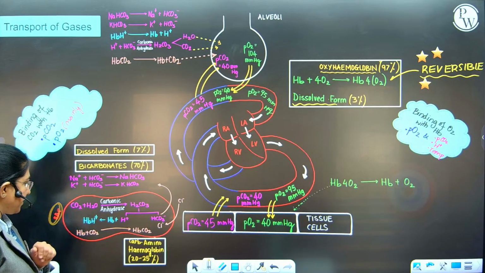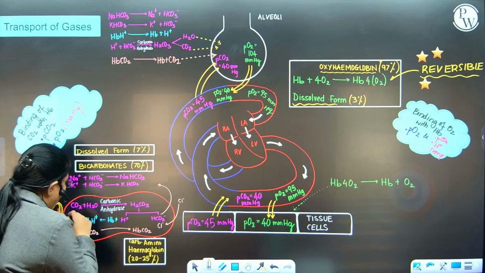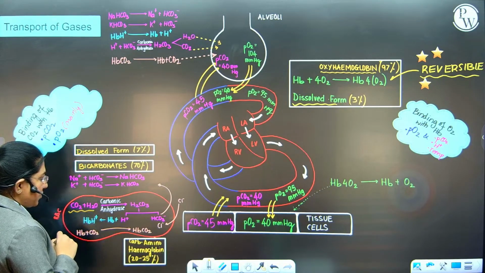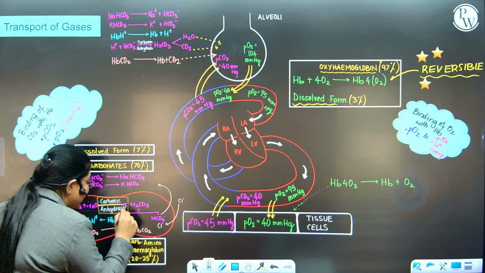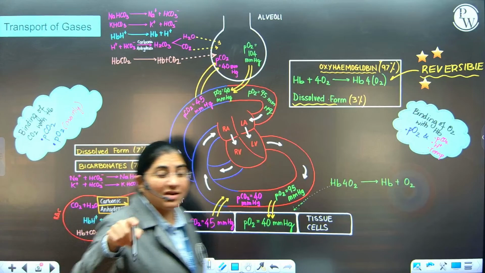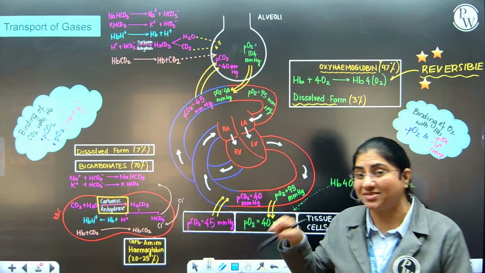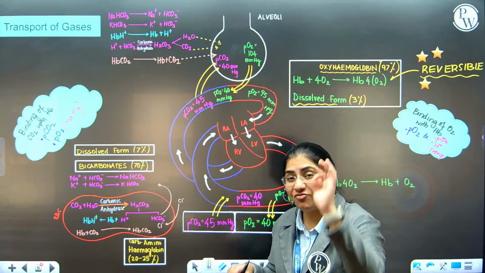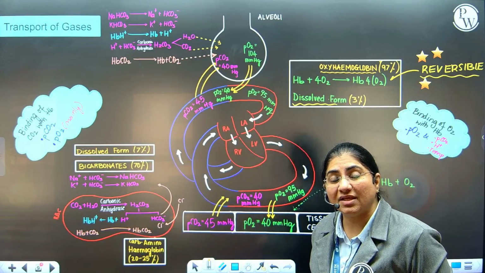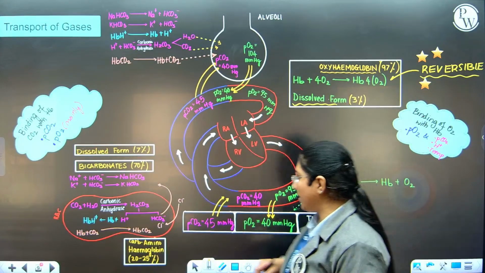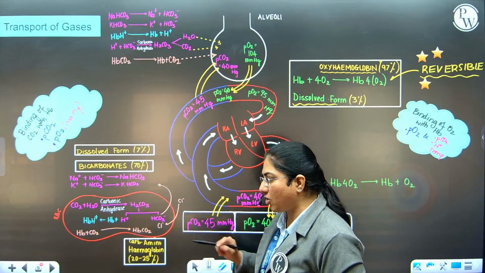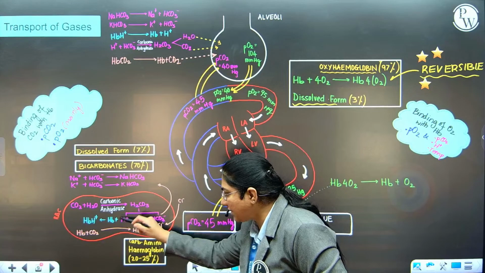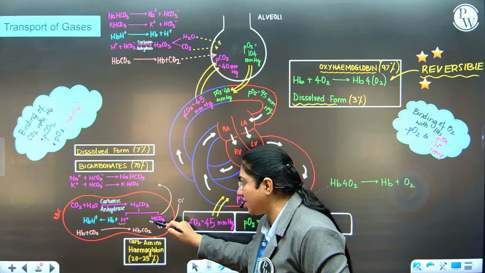Now once it enters into the RBCs, in the RBCs it combines with water in the presence of an enzyme, the fastest acting enzyme. Do you remember last power hour session we discussed enzymes? I told you the fastest acting enzyme in the body is, yes, carbonic anhydrase. So in the presence of carbonic anhydrase, it forms carbonic acid, and this carbonic acid immediately dissociates into H plus and